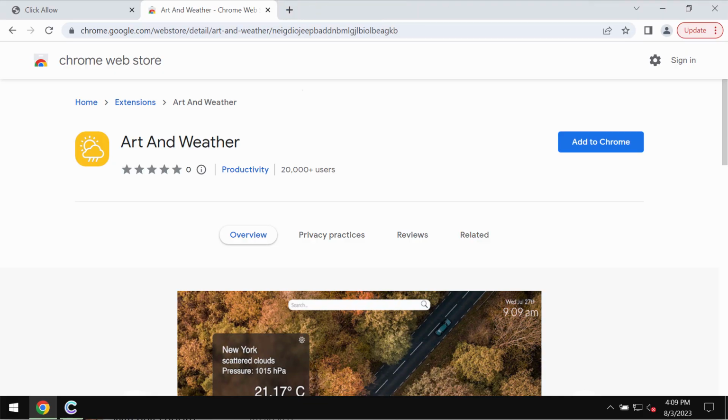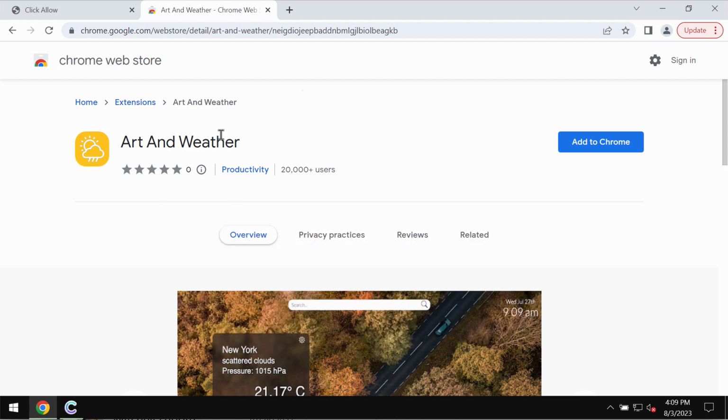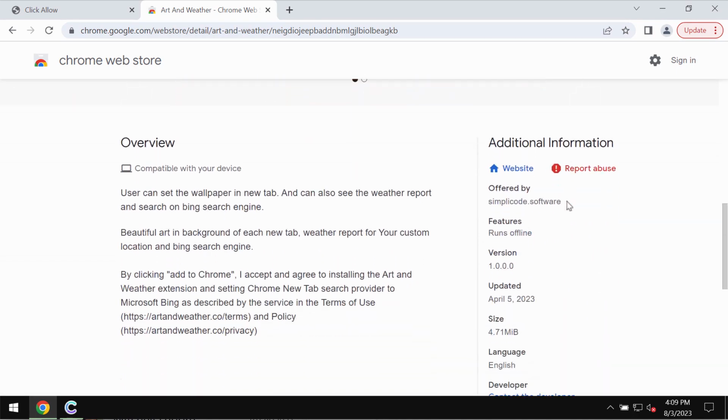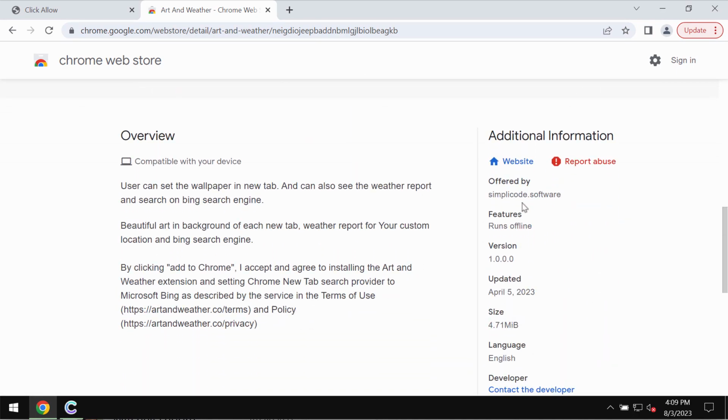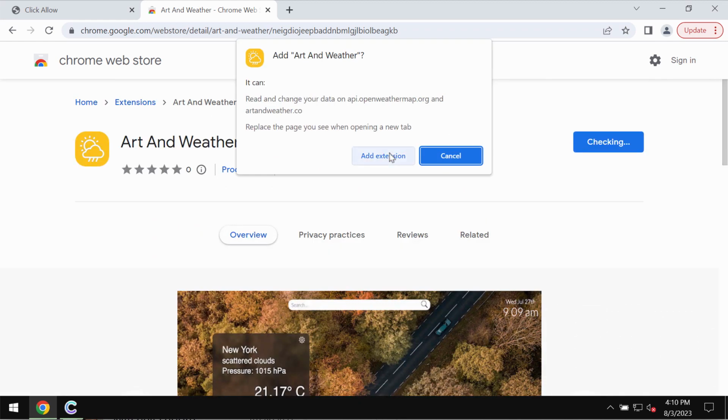This video guide is about removing the unwanted browser extension called Art and Weather. Art and Weather is the unwanted browser extension attacking Google Chrome and other browsers. This extension, by the way, functions as a browser hijacker because it changes your default search engine settings without your